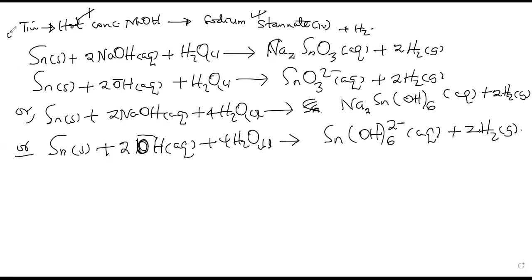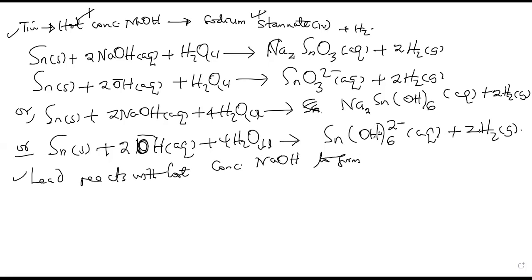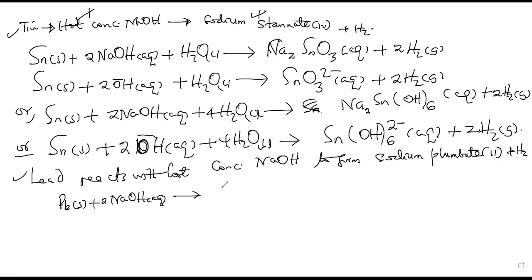Now, that was tin. With lead, it reacts with hot concentrated sodium hydroxide to form sodium plumbate 2, not 4, sodium plumbate 2, and automatically hydrogen gas. Equations: you can have lead solid plus 2 sodium hydroxide without water. You'll form a plumbate 2 and hydrogen,